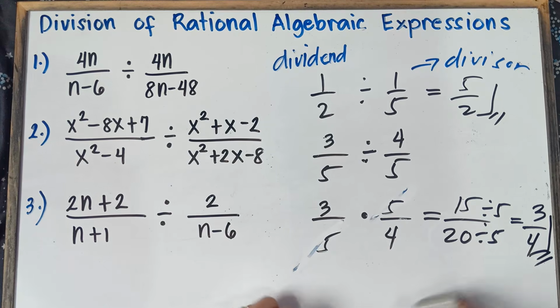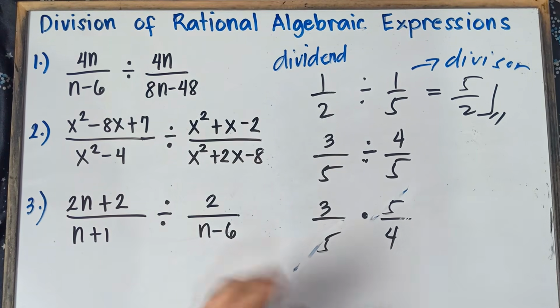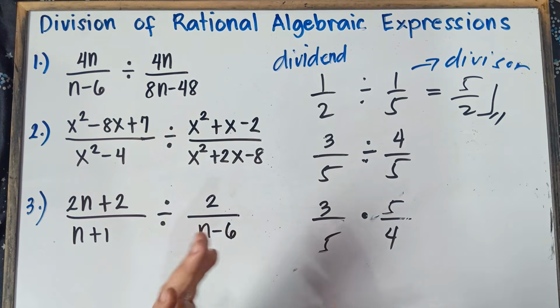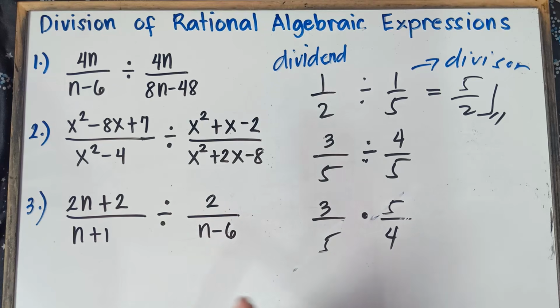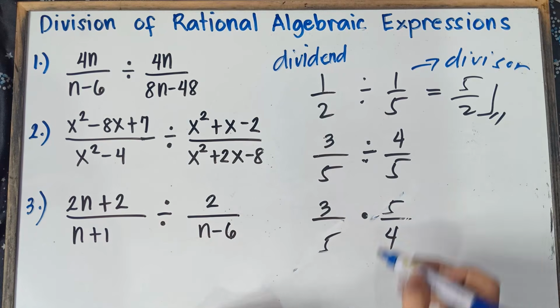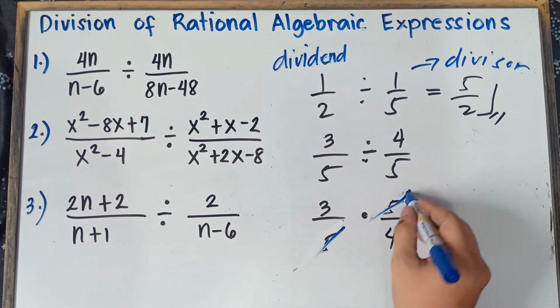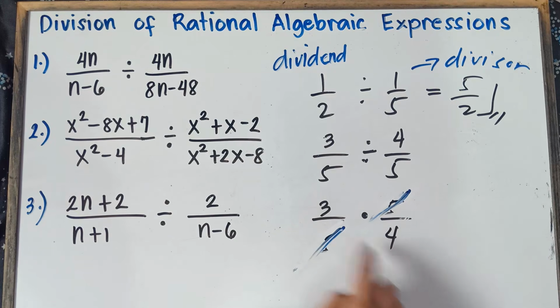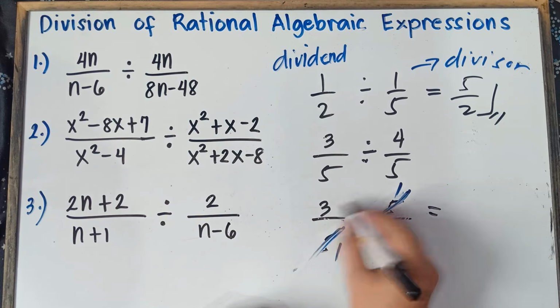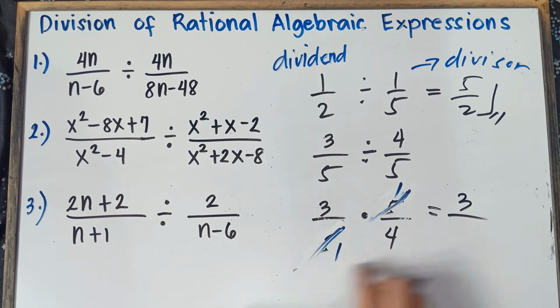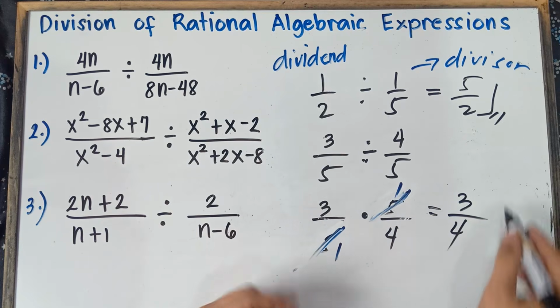Now, the other solution, class. Once again, the answer is 3/4. In multiplication, if the numerator and denominator are the same, you can simply cancel this out. Same 5, numerator and denominator, simply cancel this out. The remaining would be 3 and 4. 5 divided by 5 is 1, 5 divided by 5 would be equal to 1. So simply multiply 3 times 1, that will be 3. 1 times 4, that will be 4. You will have the same answer, class.